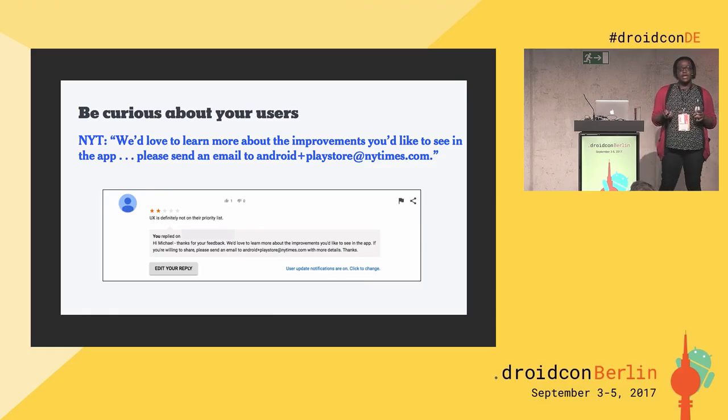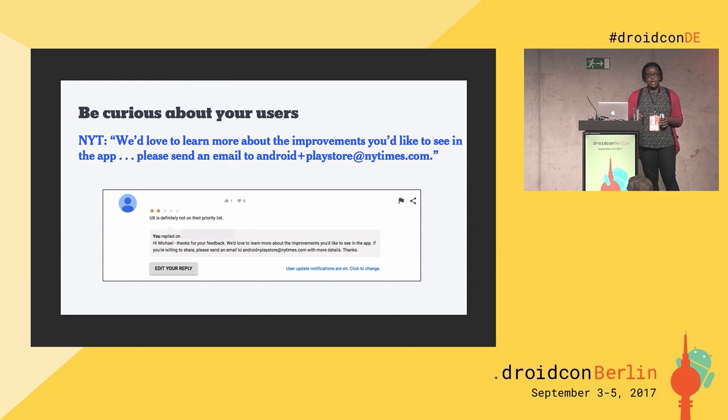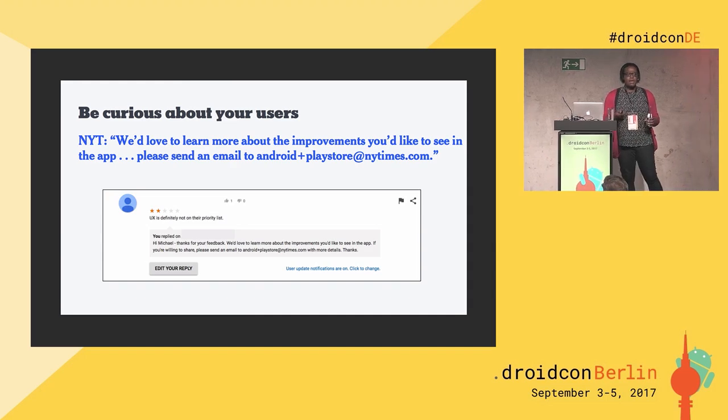So one quick trick that we had figured out, our customer care email is android@nytimes.com, and I get CC'd on every email that comes in so I can read user feedback in real time. And we discovered that if we add a plus Play Store or plus anything preceding the @NYTimes, it still goes into the proper inbox. Our customer care team still gets the appropriate email. I still get CC'd on it, but I can set up a filter that specifically looks for emails that are coming to this email address as opposed to the rest of our customer care responses.